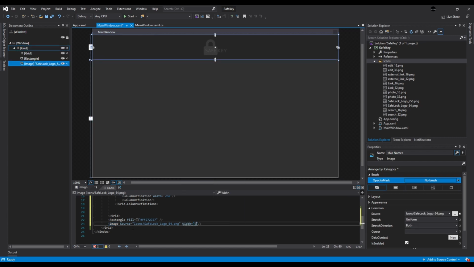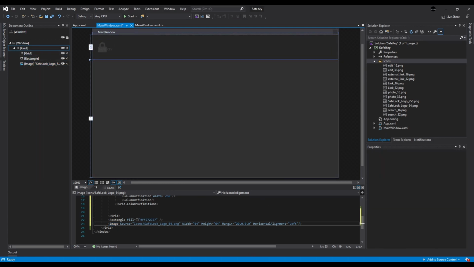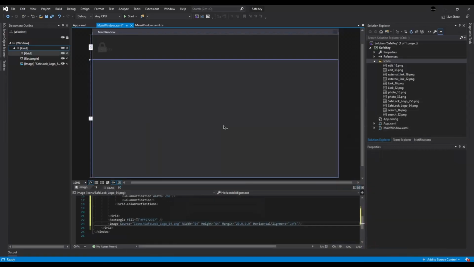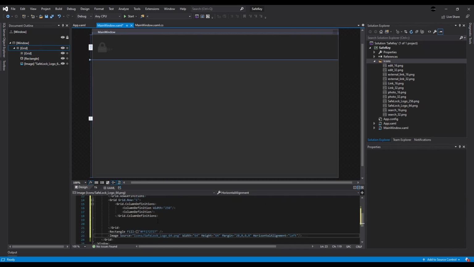Width 64, height 64, margin 20, and then we'll do horizontal alignment left. I know that is a different colour, but I wasn't too keen on it being so bright, so I've just added it like that. Anyway,